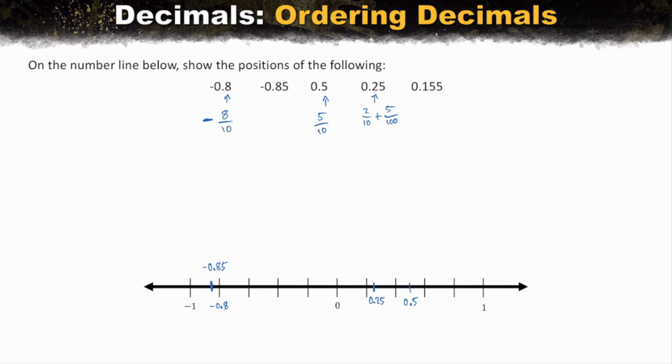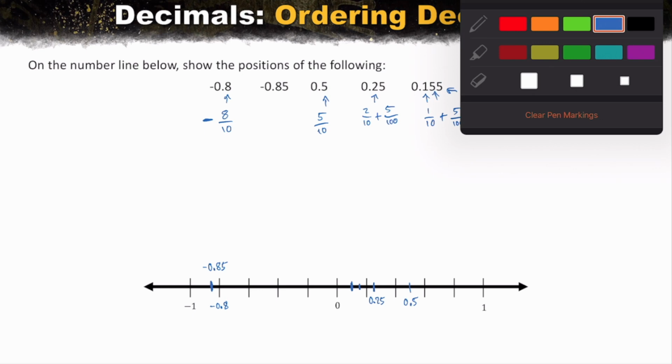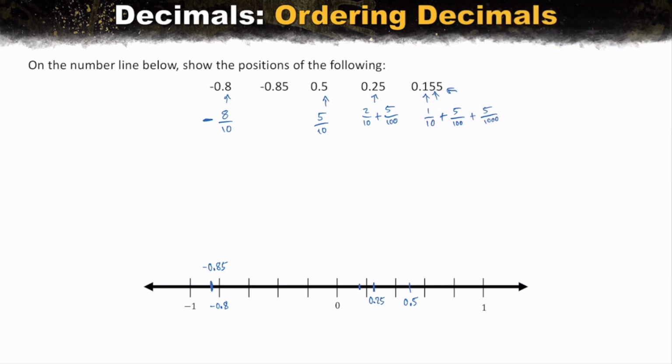Cool. All right. And then the last one is the 0.155, which is 155 thousandths. We have 1/10 plus 5/100ths. So 1/10 tells us that it's at least here, but it's greater than that. So 5/100ths means it's halfway to the next point. So it's there, but it's a little bit further still because of the 5/1000ths. So plus 5/1000ths. Okay, so that tells us it's a little bit to the right of the one that